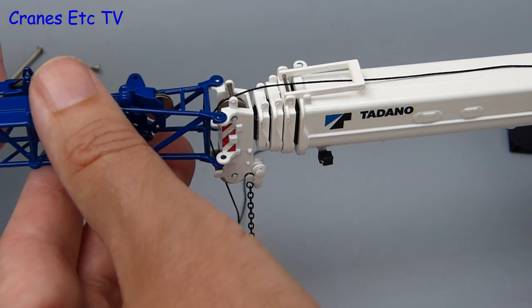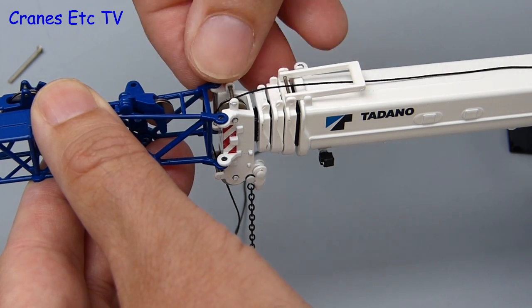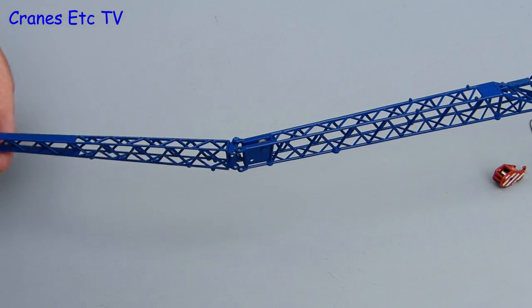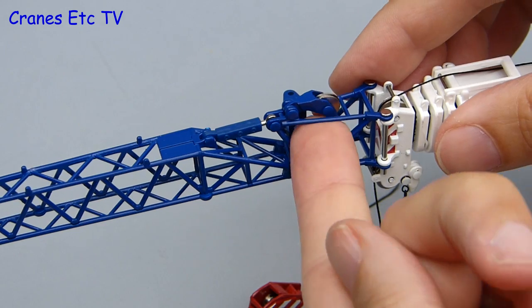And that's easy to achieve using the two steel pins that are provided, and they're a good fit and they slide in quite easily. With the extension boom attached there are two configuration options. You can set it up either folded, or if you want the maximum length then you unfold it and then pin the joint. So the extension boom is fully attached and we can now set about running the hoist line,